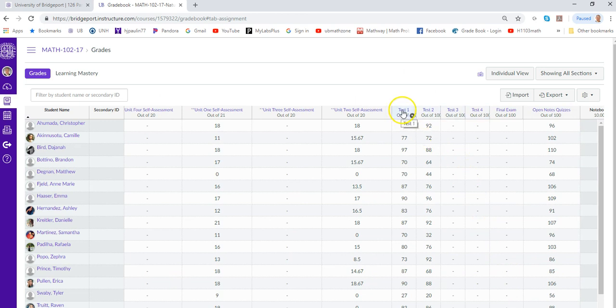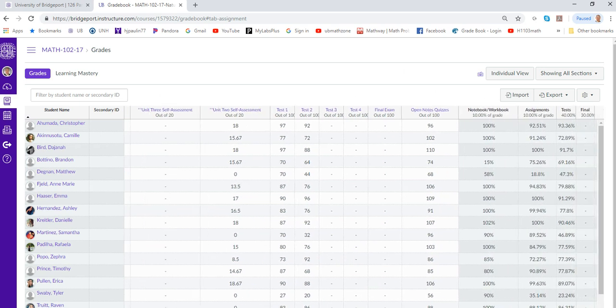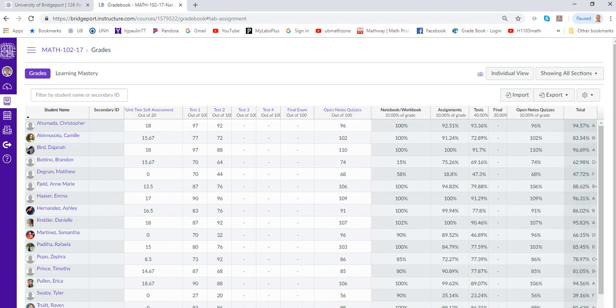Now there's Test 1 and Test 2. And again, if they didn't take a test, I put in a 0. But all the students took a test. And then we get to Open Notes Quizzes, where I've put in the average. Now in this area,